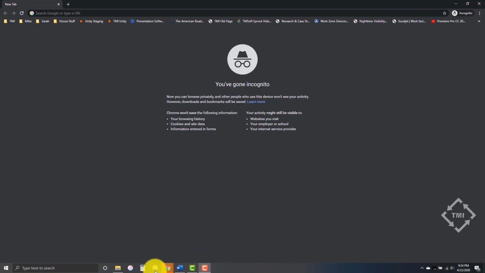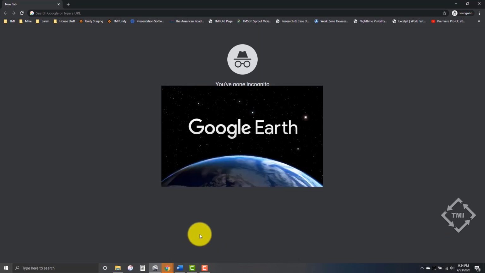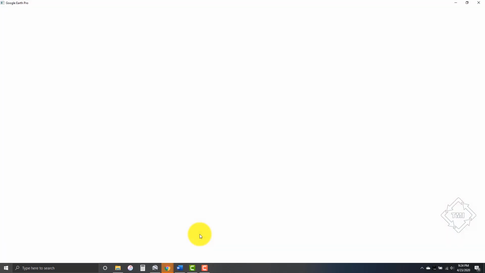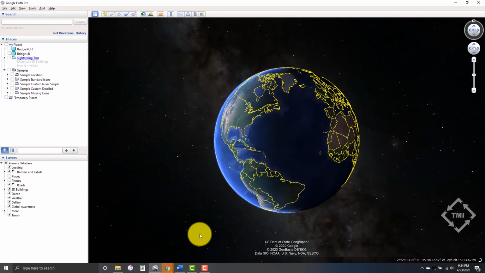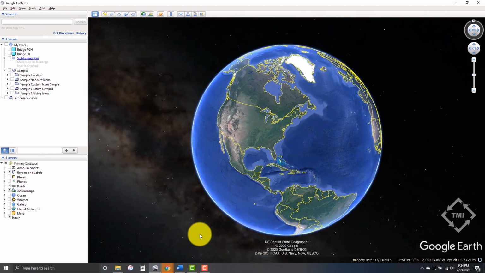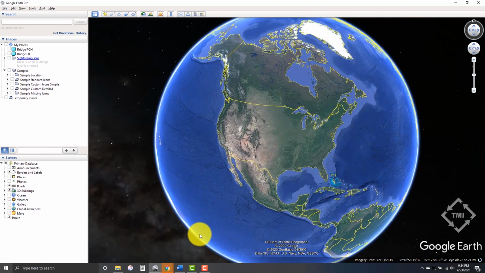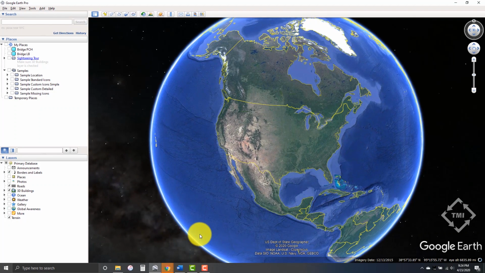So just to start, we're going to do a quick overview of the program. And obviously, it's right there in the name, it's Google Earth. So this is the same company that does Google Maps. Most of the imagery is going to be the same. The pictures you see of the overheads as well as the street view are typically going to be the same thing that you see in Google Earth, but you can tell right away that we're looking at a very different